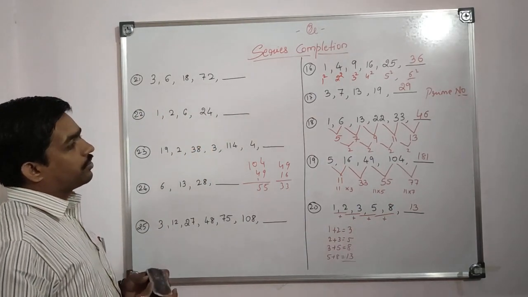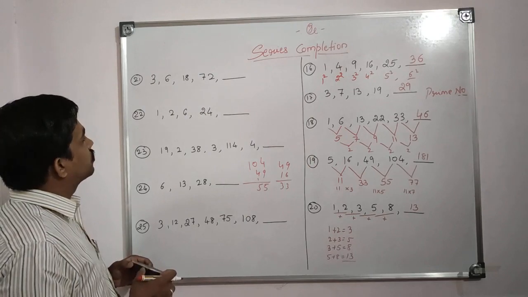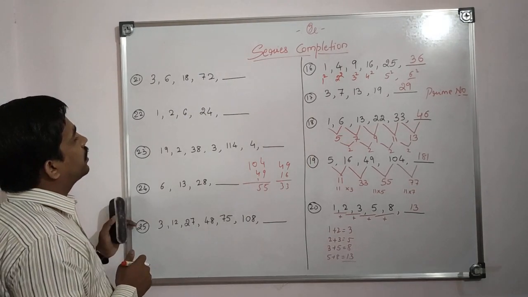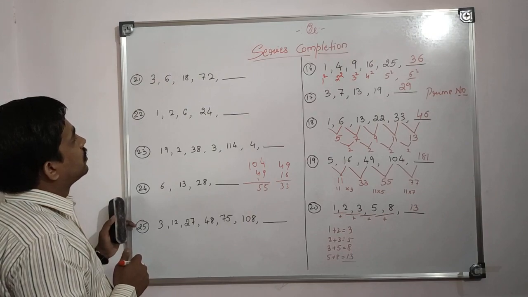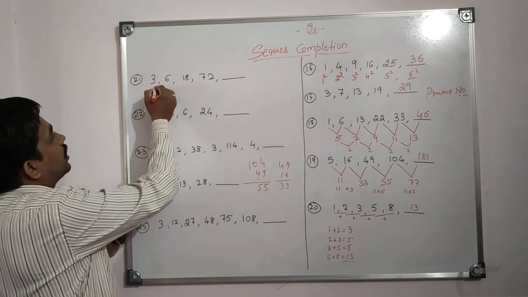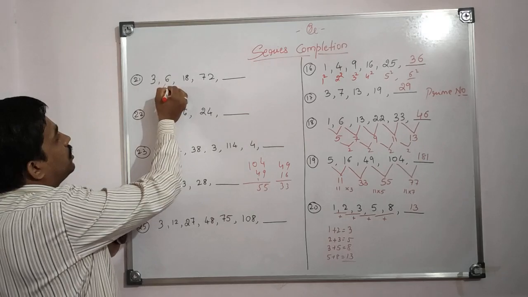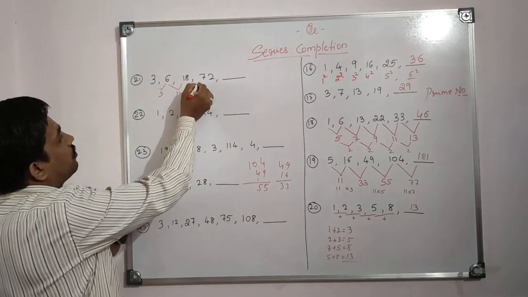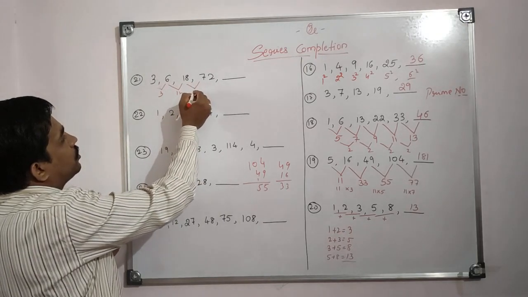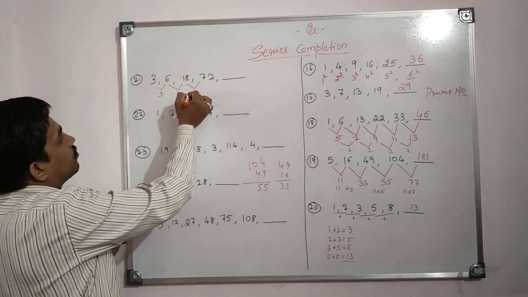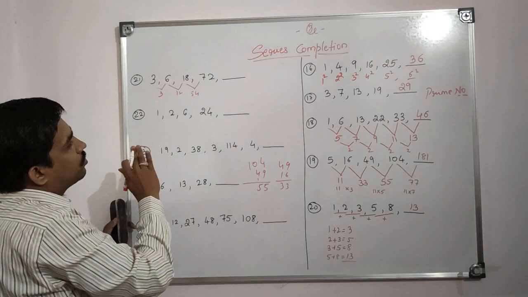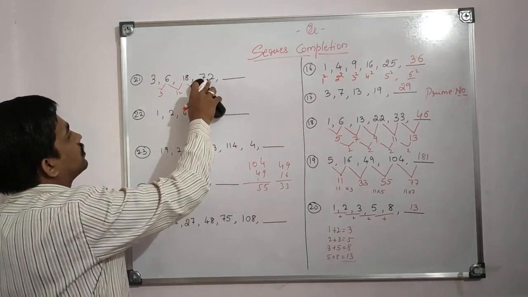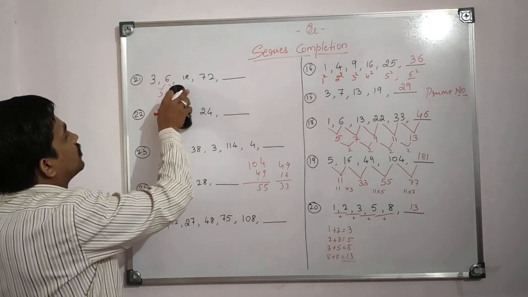Next, we are coming to the 21st question. That is the 6th question, today's 6th question. So see what number we are getting here. Again we will first start with the difference. 3, here it is 12. And what is the difference between these two? 54. So we are not getting any proper idea by taking the difference.